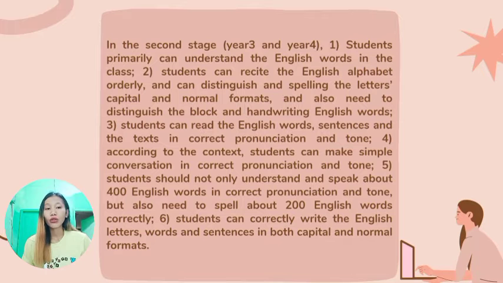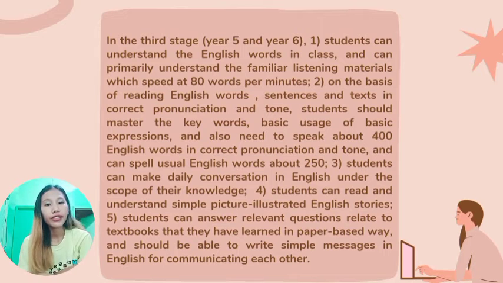Students should not only understand and speak about 400 English words in correct pronunciation and tone, but also spell about 200 English words correctly. Last but not least, students can correctly write English letters, words, and sentences in both capital and normal formats. In the third stage, year 5 and year 6, students can understand the English words in class